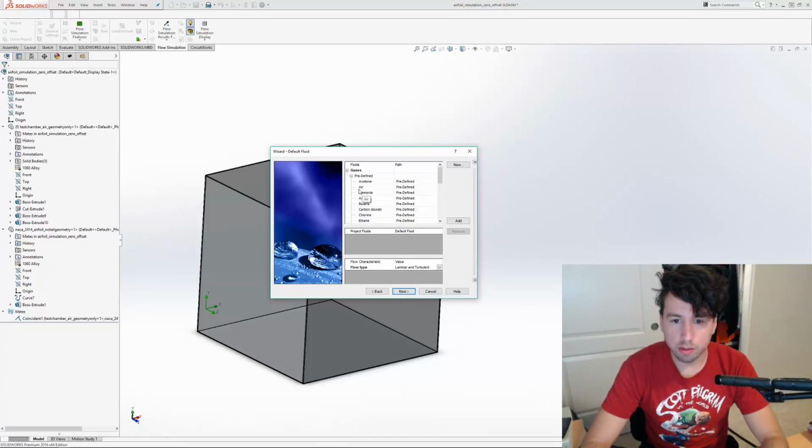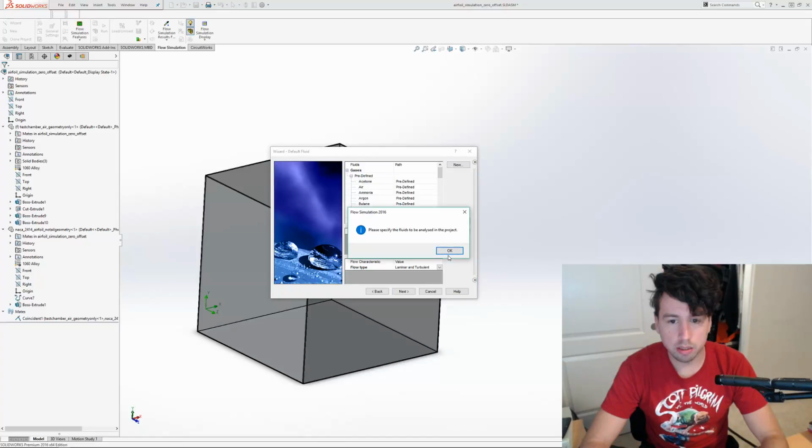For gases, we have air. If you want to do anything with water, they have water as well. Almost anything you really want to look at, you can do in here. They have their own densities. It's all defined. If you want to define your own densities, you can do that. Just be careful with that. We won't go into that though. If you go into the next step, and let's just specify this,